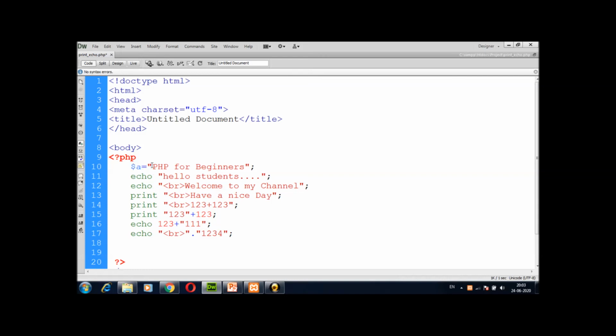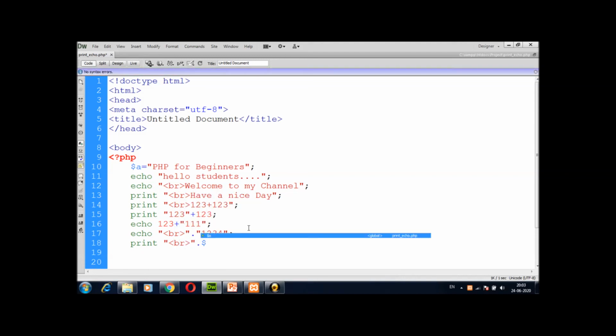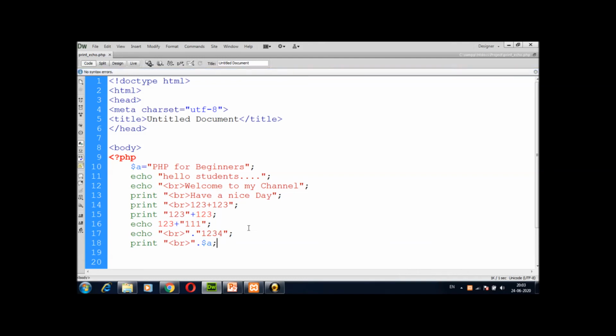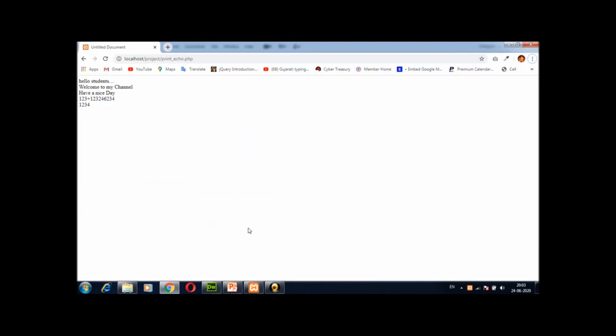And then I use a double quote sign, and inside that I have written one value, and this value is considered a string value for variable a. Now I am going to use a print statement with double quotes, then break, and I use here a dot and $a. Now it will print on a new line: PHP for beginners.